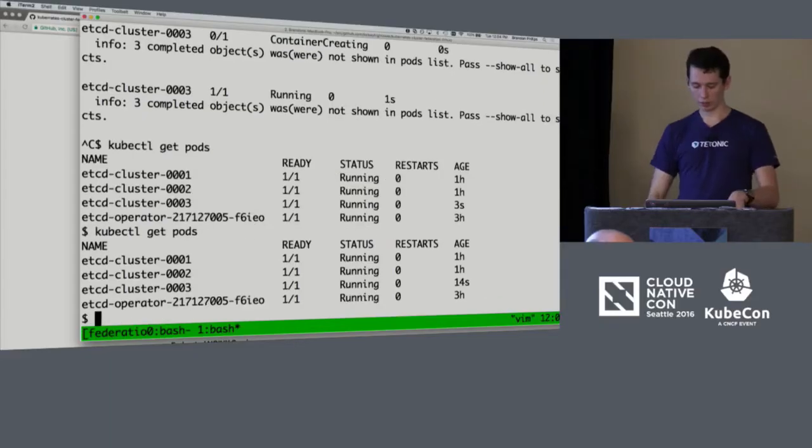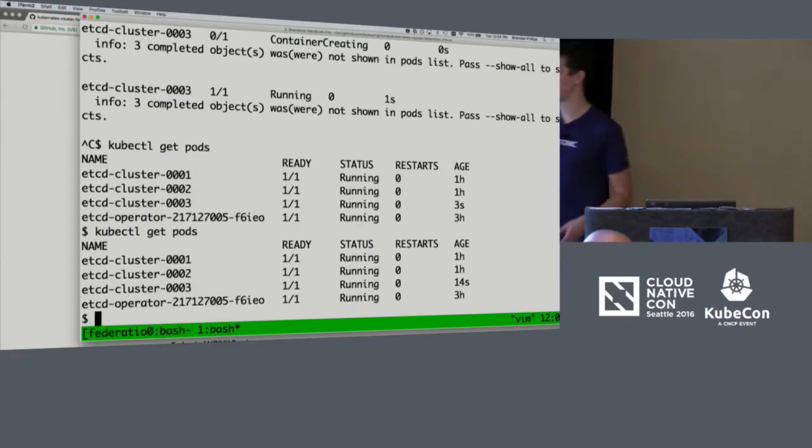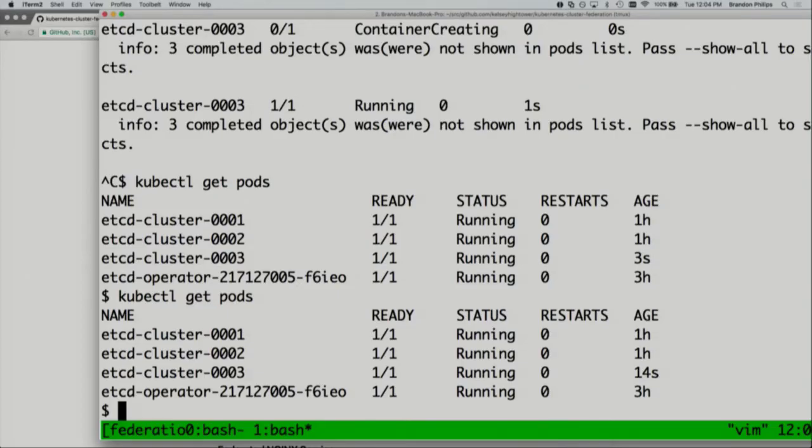And so it took a second, but you see here that we now have an etcd v3 pod that's 14 seconds old. So the etcd cluster is under active management. And the operator can do other things like backup etcd and do disaster recovery and that sort of stuff,